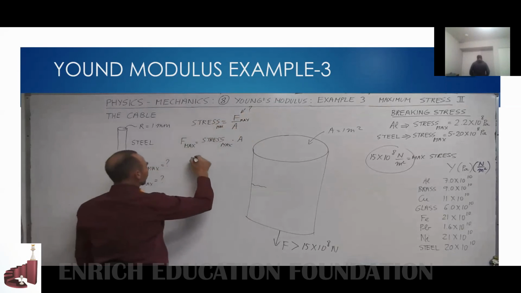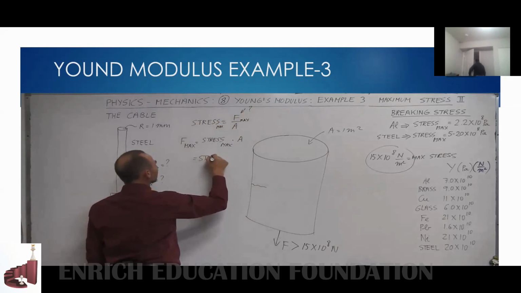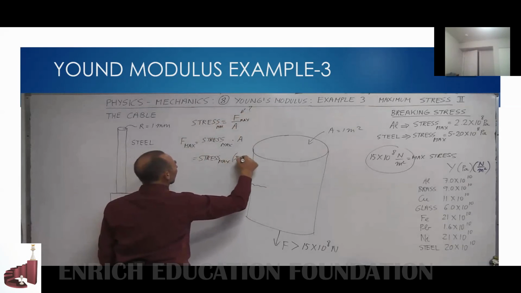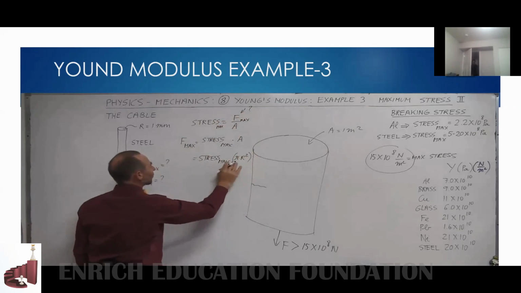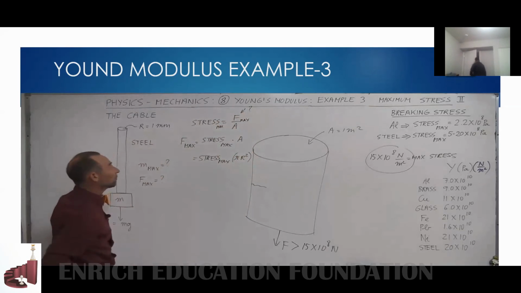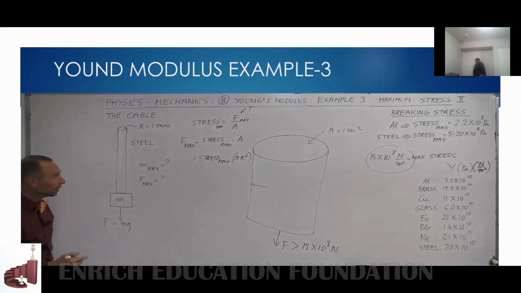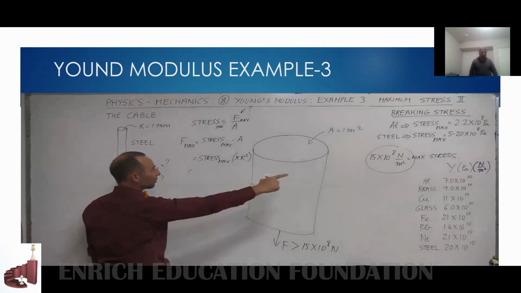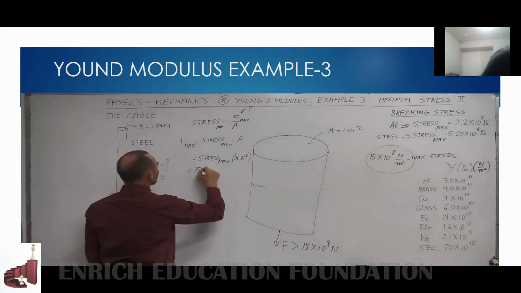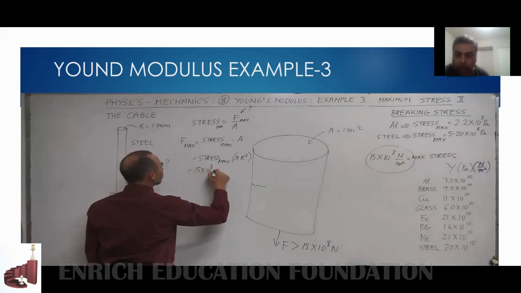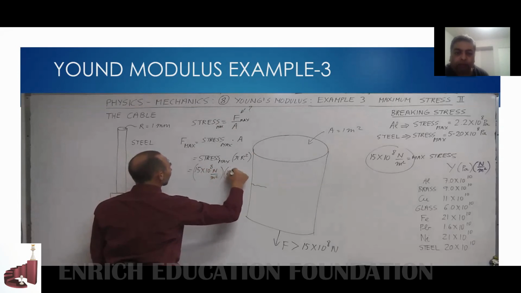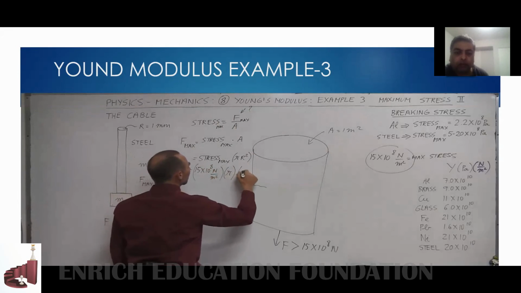All right, cross-sectional area, of course, for a cable is equal to pi r squared. So I have to multiply this times pi and the radius squared, and the radius was given to us as 1 millimeter. All right, let's plug in the numbers, see what we get. For steel, the maximum stress was 15 times 10 to the 8 newtons per square meter. We have to multiply that times pi and times the radius squared. That would be